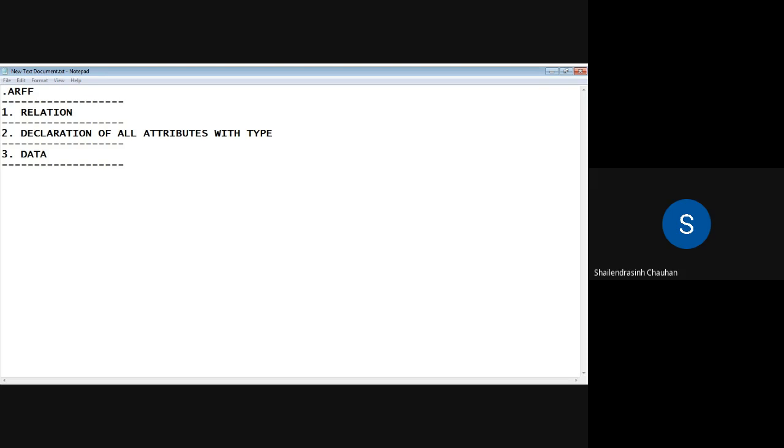Ria is also asking: if we don't mention the data type, will it consider null? No, it will give you some kind of error. It will not consider null. If you want to have, let us say, a blank value, then you can mention it with a percentage sign, which we'll discuss in the next lab.